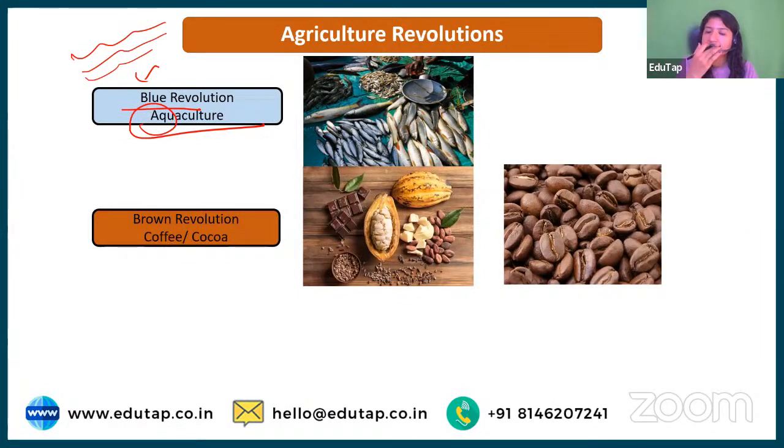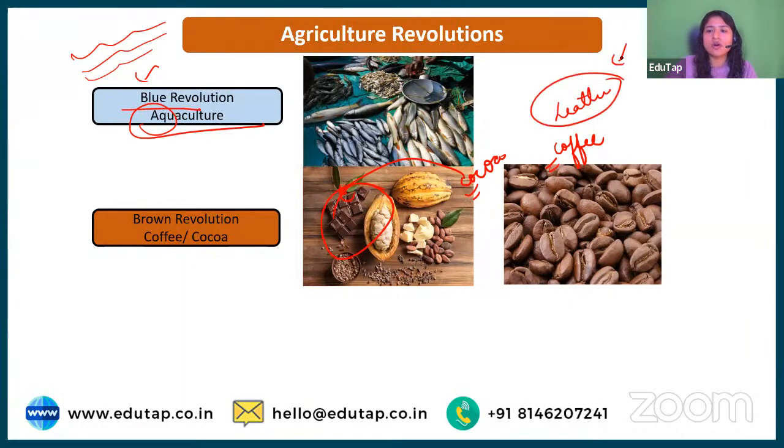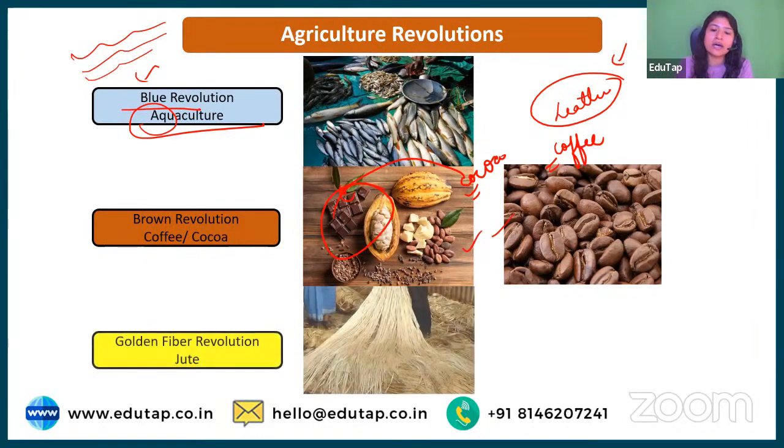Next we have brown revolution, ठीक है, तो brown revolution is also associated with the coffee, ठीक है, and it is also associated with cocoa. कोकोआ से आपका क्या बनता है, चॉकलेट, कोकोआ से आपकी चॉकलेट बनती है। कोकोआ के लिए भी है, कॉफी के लिए भी। In fact brown revolution it is also used for leather, ठीक है, लेदर का जो मेकिंग होता है with the skin of the animals, that is even come under the brown revolution only. However आपको अभी जो ध्यान रखने हैं, कॉफी and आपका कोकोआ याद रखना है, ठीक है।